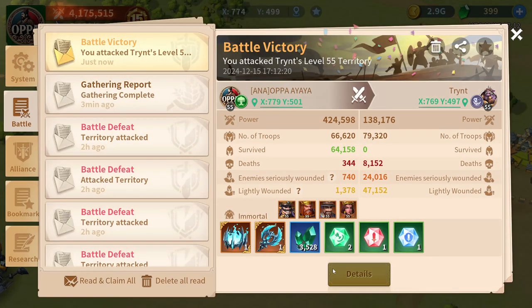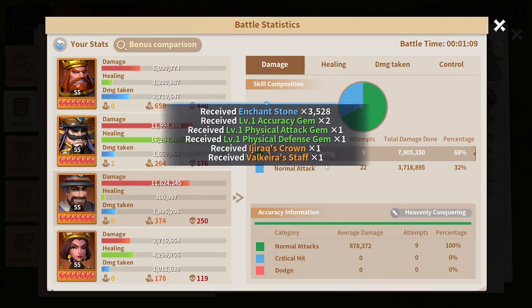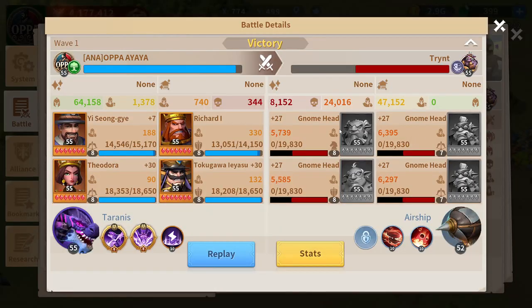And you can see here that Yi Seung-Gye is doing some damage. Of course, Toxin Barrier is going to do a lot here, but if you take away Toxin Barrier, the damage is there. I think it's possible for you to play around Yi Seung-Gye if you have maxed out artifacts. And as I showed you guys earlier in this video with the showcasing of his ultimate, how it works, if the arrow actually hits the backliners here, I think it can be very, very good,